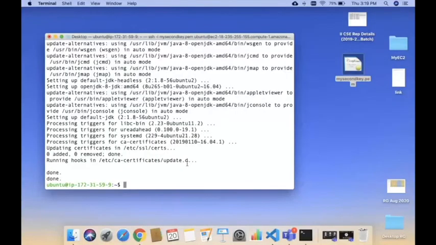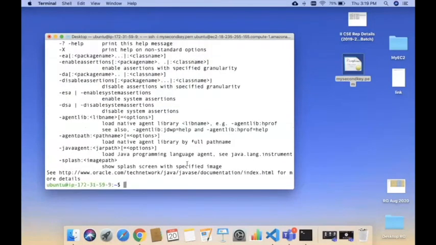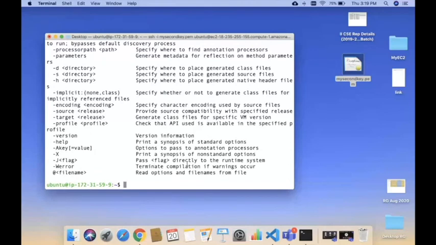So you can check java and javac. Now both are working properly. You can edit the simple Java code, Sample.java.